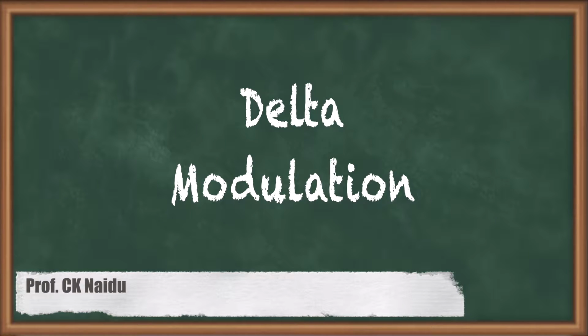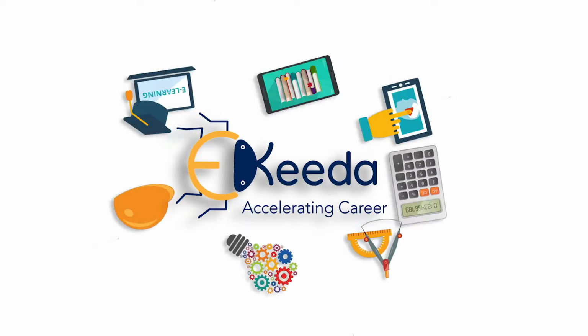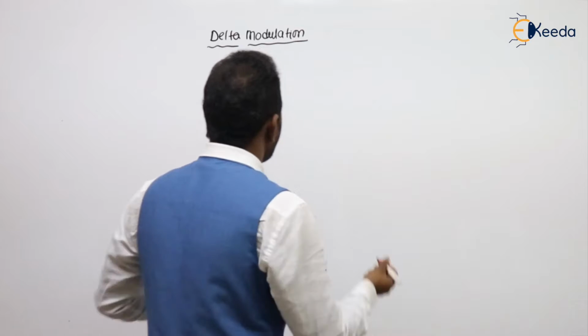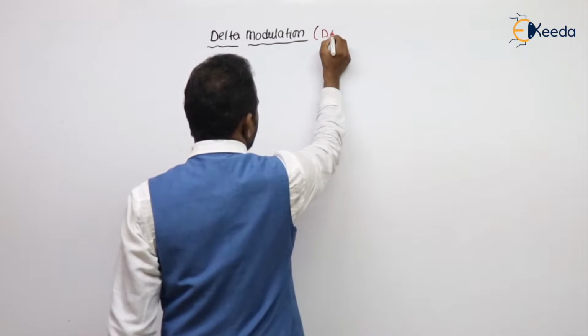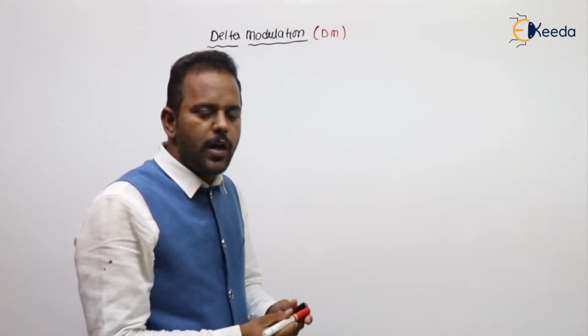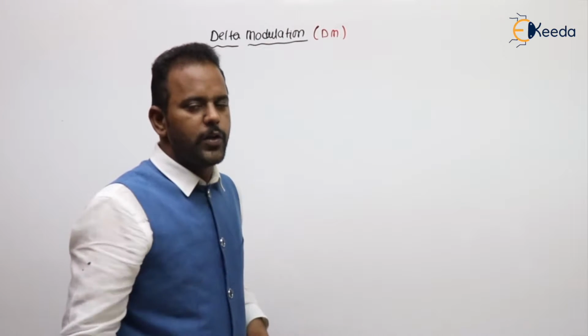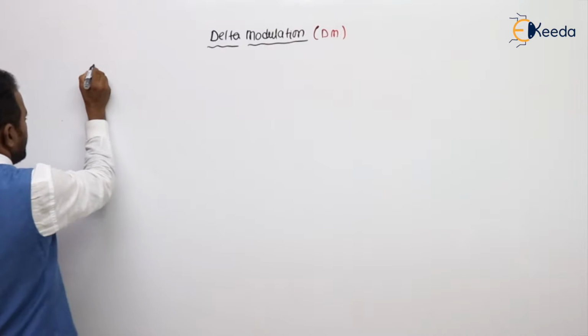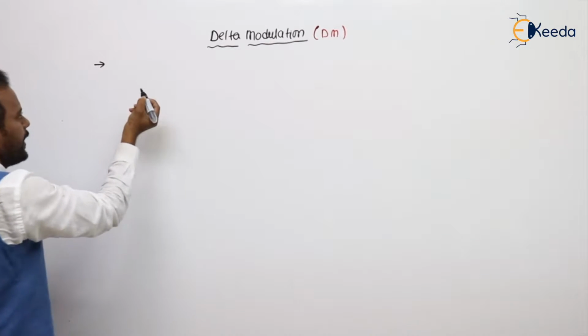In this video, we will be learning about delta modulation. This is also called DM. Delta modulation is also called 1-bit DPCM. Why? You will understand. Wait. In delta modulation, first point is